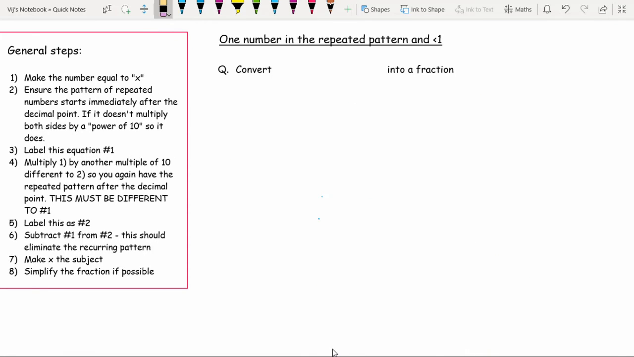So for another example, let's go for 21. Let's go for 3, 2. So again, we're going to start by having x equals 21.3232. You can see that the repeating pattern starts straight after the decimal point, so that's absolutely fine. I've got two numbers in my repeated pattern, so I'm going to multiply both sides by 100. So I've got 100x equals